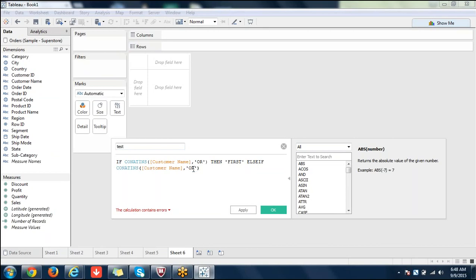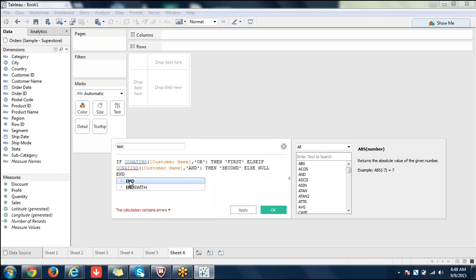If you want to give some other condition here, go ahead and change it, then second. So you can write up to 8 or 10 conditions like this in if then else, else null. I'm ending it.